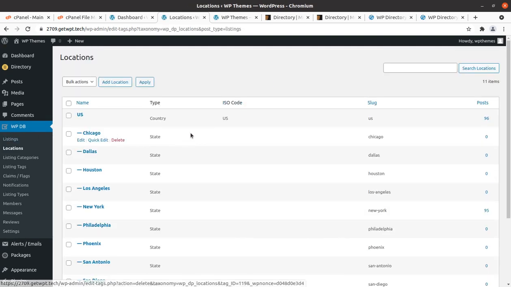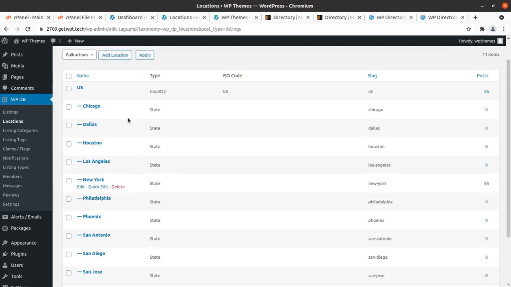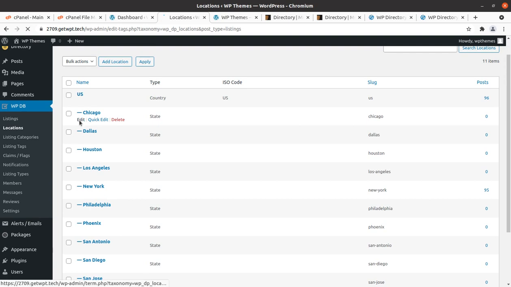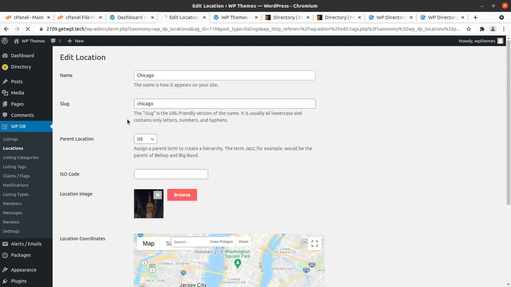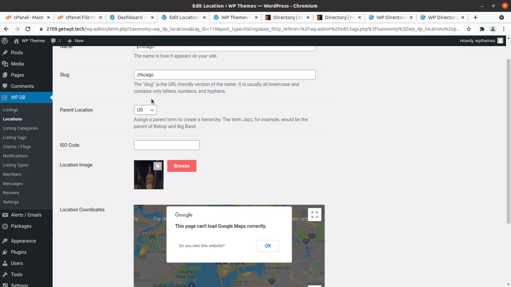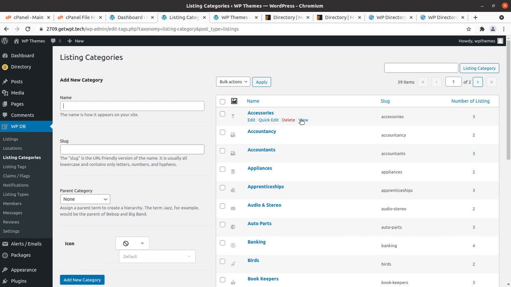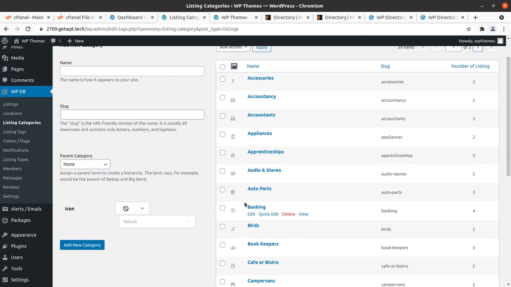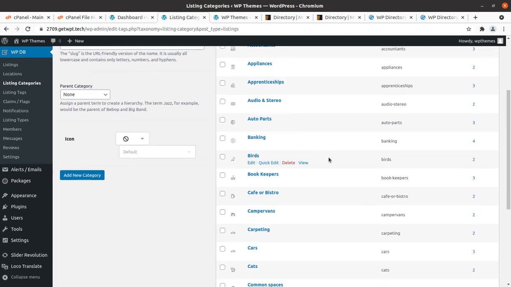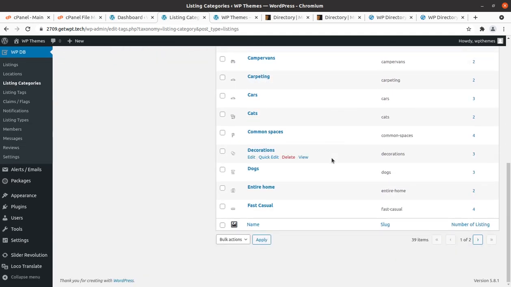We can put new locations and edit the existing ones as well. So country, under country there are locations, and locations can be handled from this screen. Listing category is another important thing, where you make categories for your listing on which you want to cover your listing database.